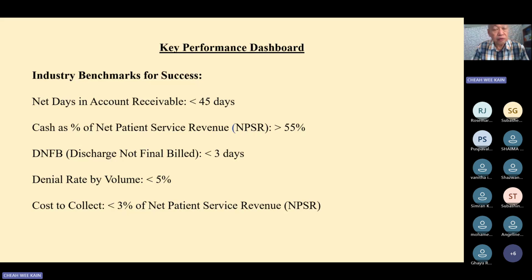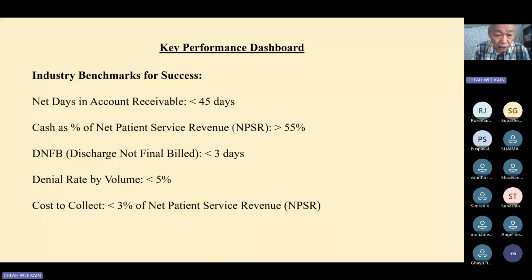So let's say, for example, your total sales are $365 million a year. One day is 1 million. What people owe you should not be more than 45 million. So with 365 in sales, that is 1 a day, and what people owe you should not be more than 45.